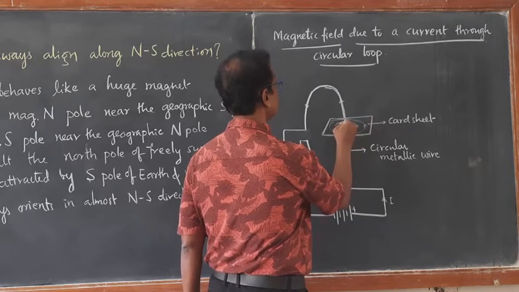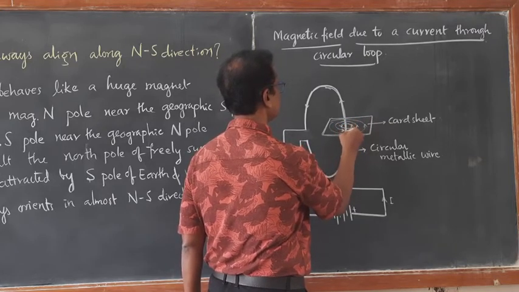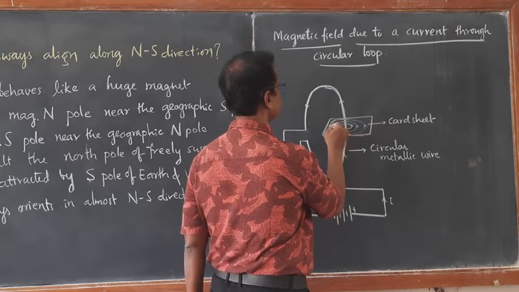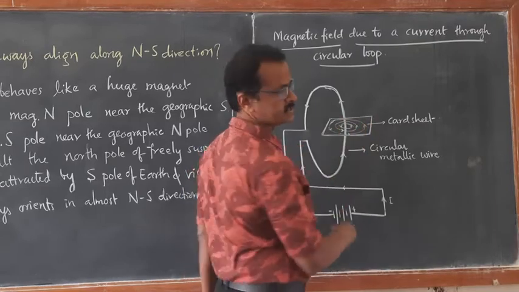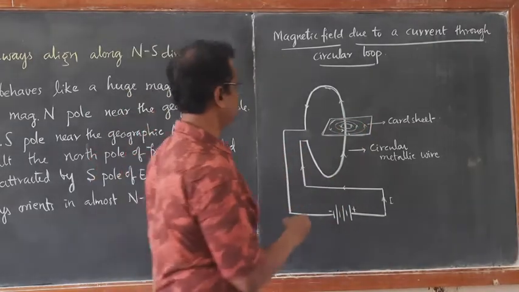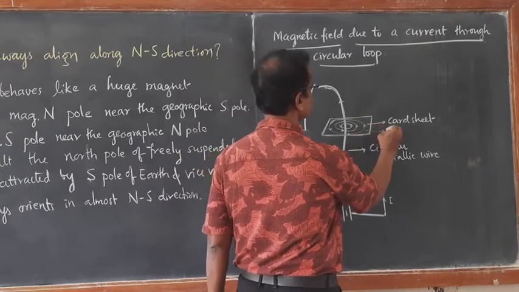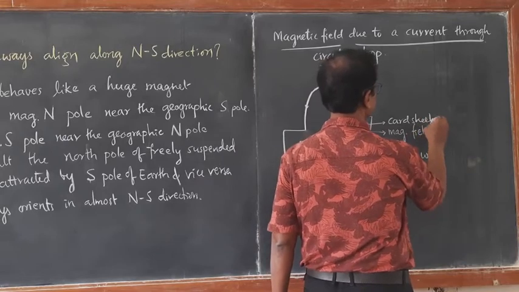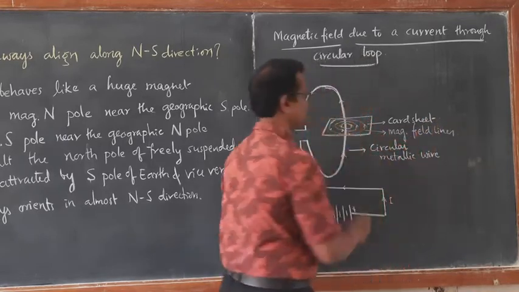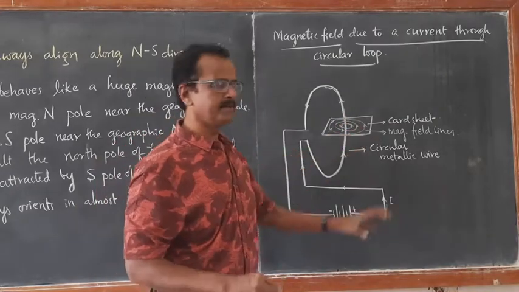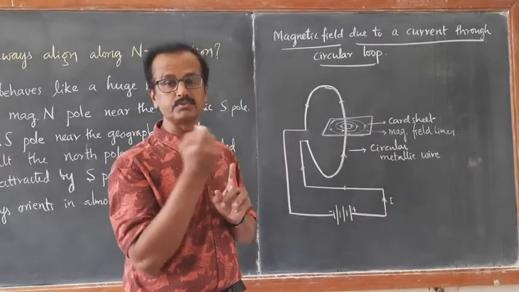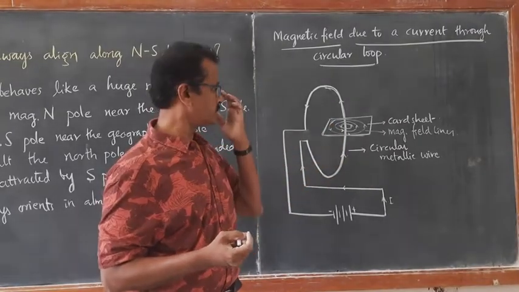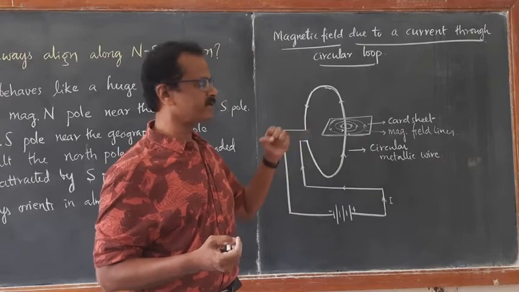Then, these magnetic field lines are circular, you can see here, and they are forming closed loops. They have a particular sense, a particular direction. These are the magnetic field lines. If you just keep iron filings and go on tapping, immediately the iron filings will form closed loops. The iron filings will be attracted and they will form closed loops. It's very interesting. So, circular magnetic field lines are formed.